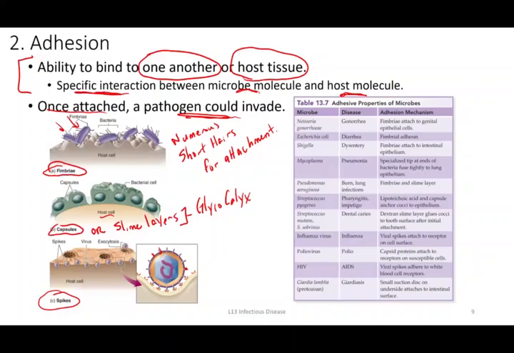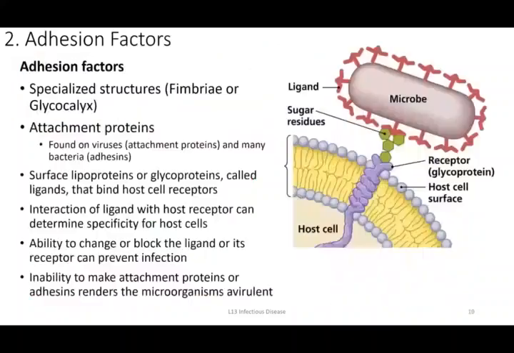This is not to memorize, but just to show you, most people recognize some of these diseases. Gonorrhea is a sexually transmitted disease. Diarrhea and dysentery are both gastrointestinal diseases, pneumonia, etc. But these are the causative agents, so the microorganisms that cause the disease. And many of them have some mechanisms of attaching. That's really critical for their ability to establish an infection and then progress to a disease.